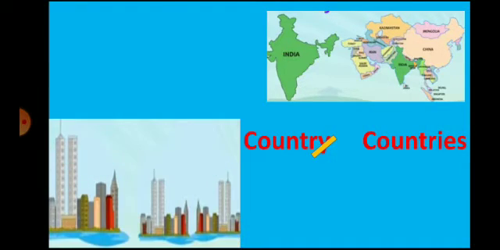So here can you see there are many countries. So what will we say? Countries. So to make the plural of a word ending with Y, and Y is followed by a consonant, we will cut Y and add IES. See, we will see one more example. This is a city and these are many cities. So see, there is Y at the end and before Y there is T. T is a consonant. So we will follow the rule: cut Y and then add IES. So it becomes cities. Okay.